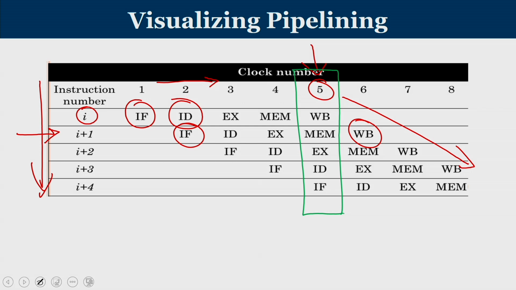The EX stage is taking care of the execution stage of the I plus 2 instruction. The ID stage is taking care of the decode and register reading of the I plus 3rd instruction, and the IF stage is taking care of the fetching of the I plus 4 instruction. So, all the 5 units of the instruction pipeline are busy handling their respective operations, and they are busy with 5 different instructions. So, we can see that multiple instructions are already there in the pipeline, and this will improve the performance because the throughput has substantially increased. For every clock cycle, one instruction is getting over.